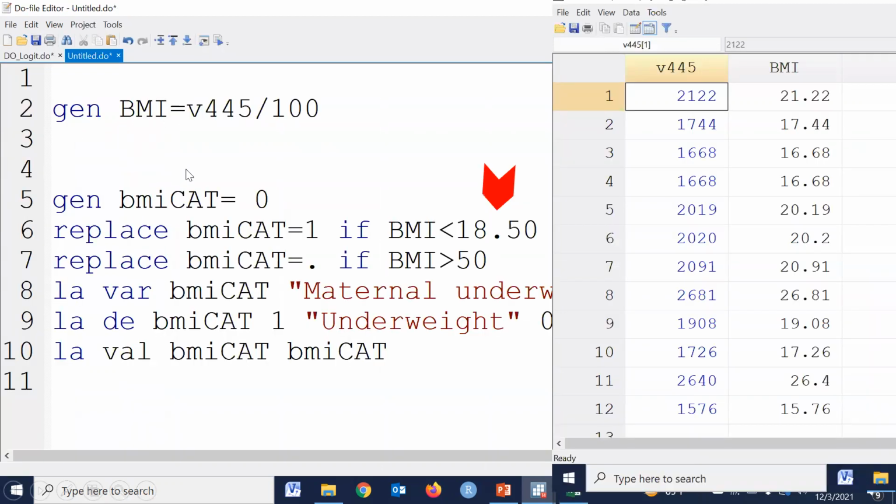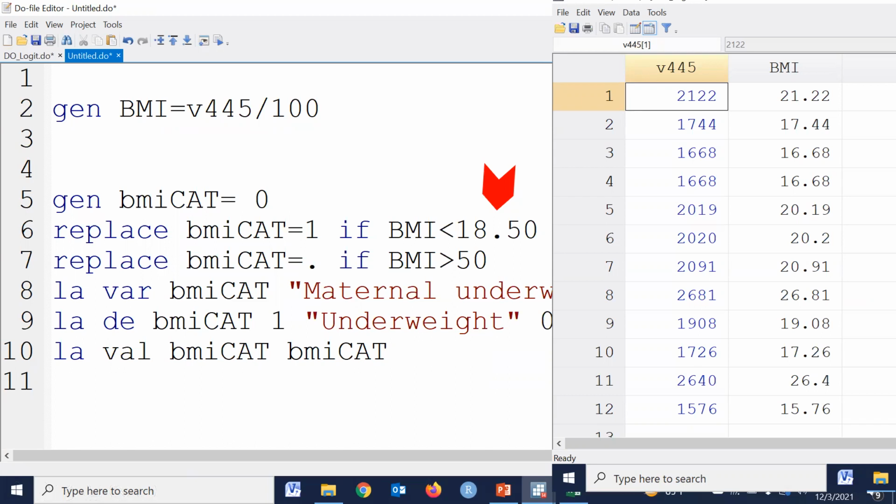Now we can generate a variable BMI equal to V445 divided by 100, because this is a 2 decimal place variable. In the original data set, there is no decimal point in the whole data set.